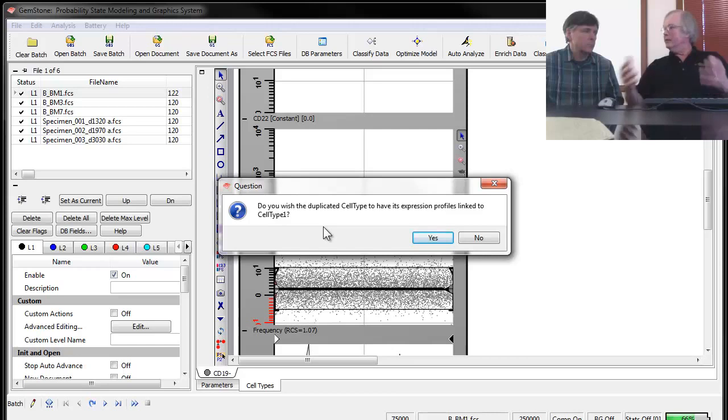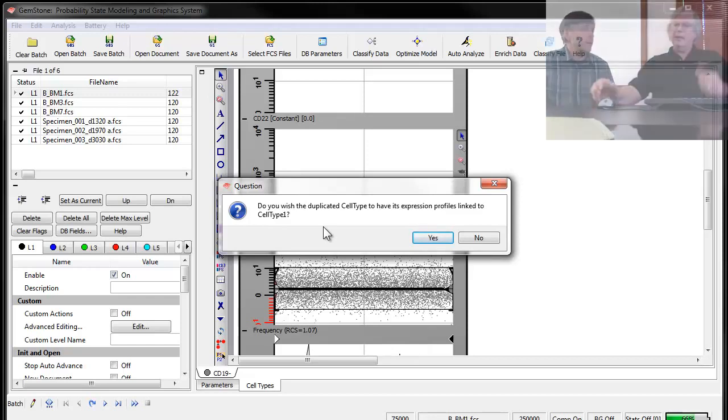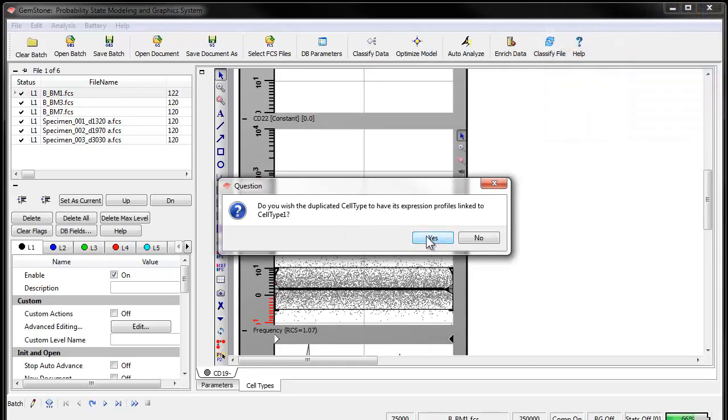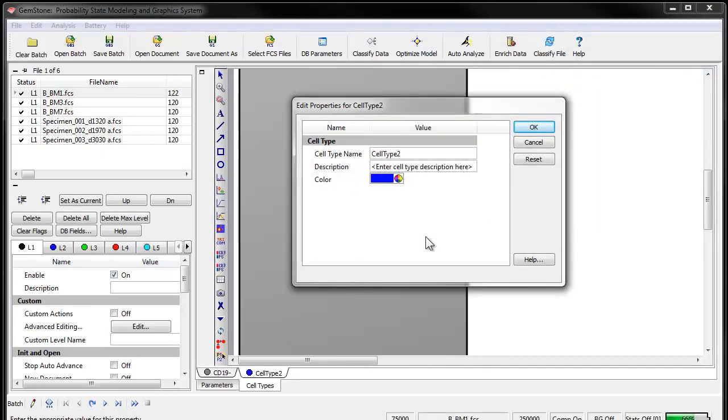And do you want them all to be linked together so that if I change one location, it's going to change the location in the other cell type? Okay, and that seems like something we would want to do in this case. Exactly. So we go ahead and we say yes, and then this is a little ease of use